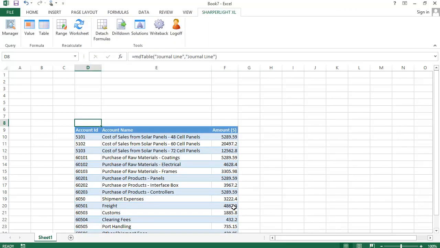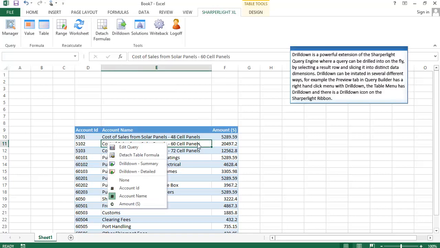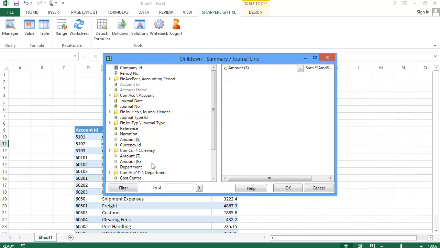Double-clicking on any of the rows in our sample table will display the table menu. From the table menu, we can drill into the row details. Select the drill down summary menu item and it will then automate the loading of the drill down dialog. The left-hand pane is the selection list and the right-hand pane is a list of all the fields for slicing